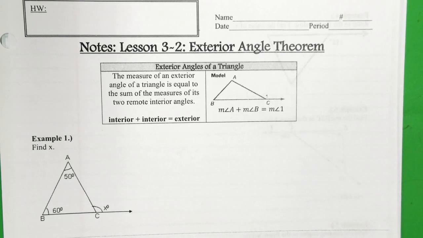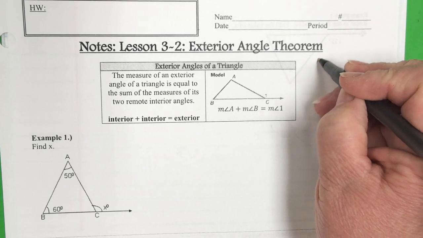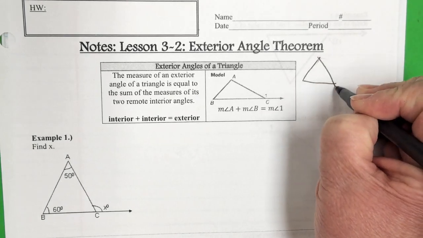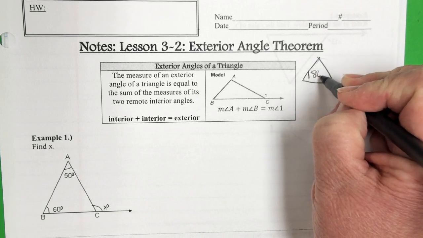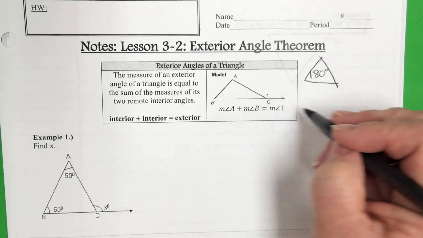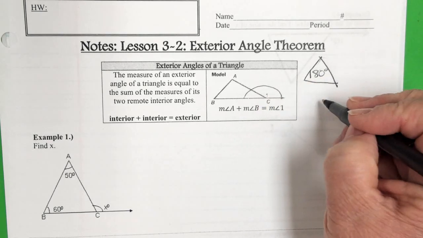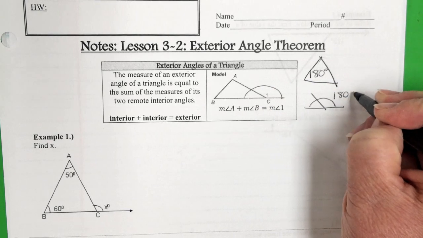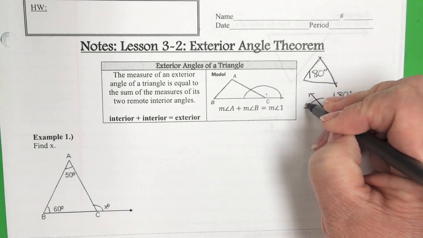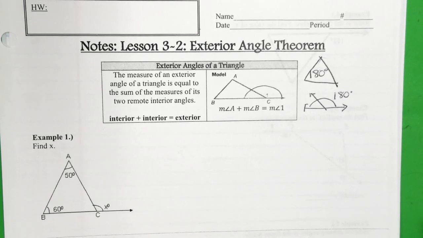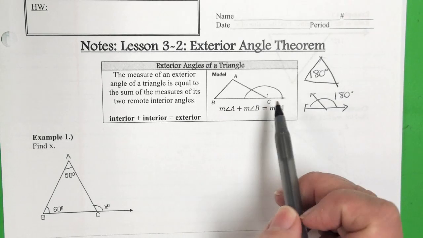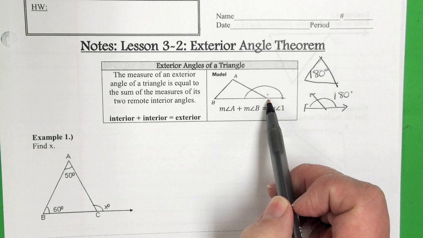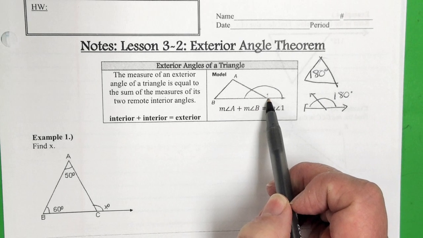Alright, today we're going to talk about the exterior angle theorem, and it has to do with triangles. We know that the total of any triangle's inside angles is 180 degrees. And we know from here to here is also 180 because those are supplementary angles. Okay? What they're saying is this exterior angle, and it's exterior because it's on the outside of the triangle, is